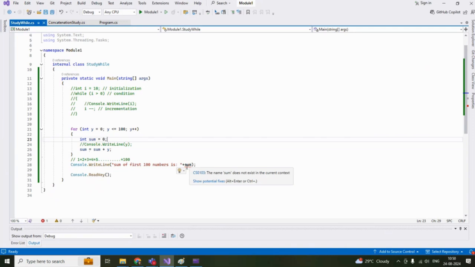First of all, it will give an error that the name sum does not exist in the current context, because the sum variable is inside these brackets. Every time it runs, suppose right now I'm not doing anything, I just want to check. Now, when I run my code,